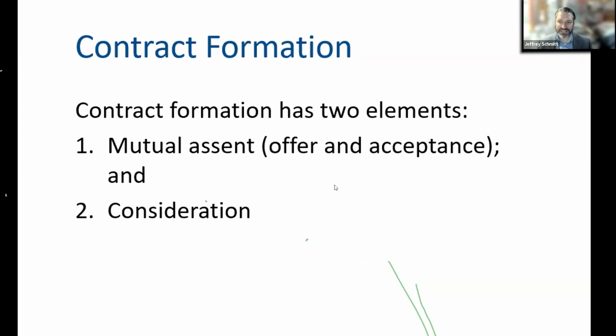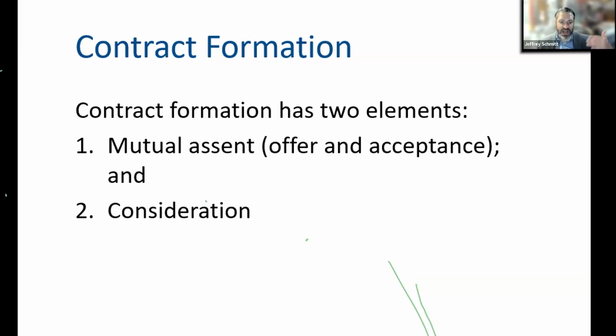I want to switch now to give you a better idea of what the program looks like. Once you're in the program, you're taking these courses and you're going to have to look at me and hear my voice for quite a long time. We're going to go through the doctrine from start to finish in each subject.